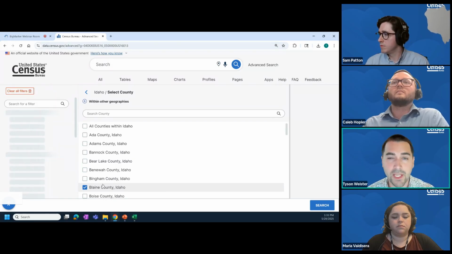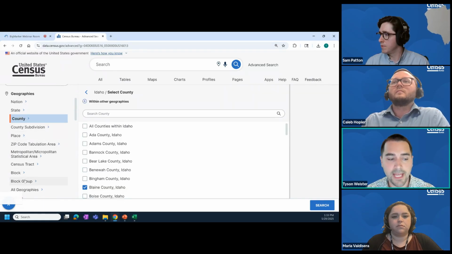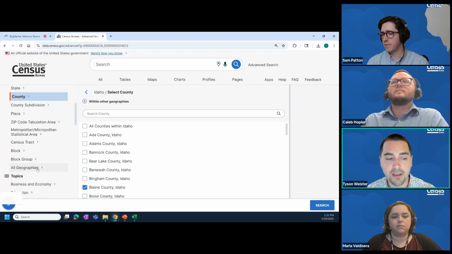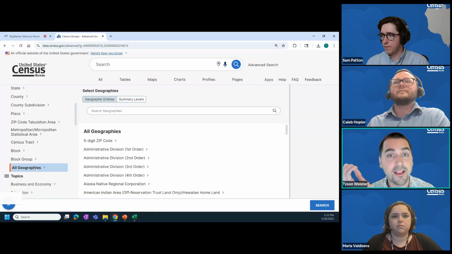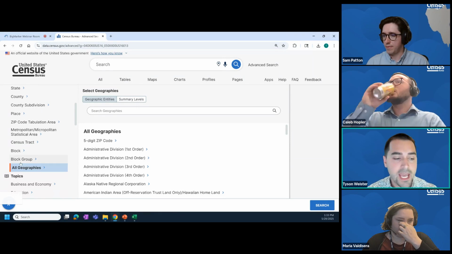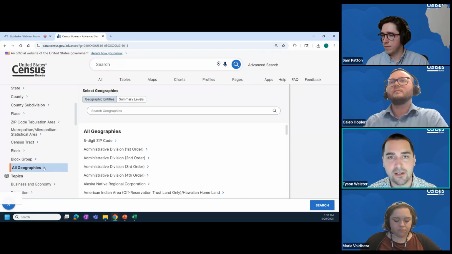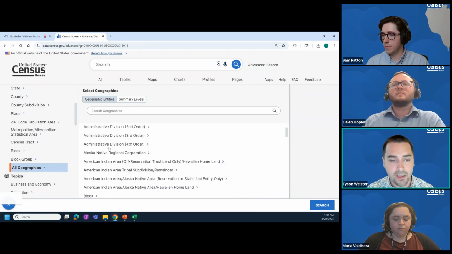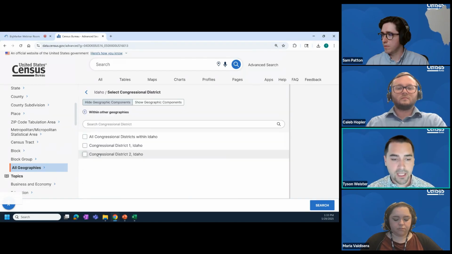And the last geography I wanted is for Congressional District 2. Notice it's not here on the left. It only has the most common geographies, but there is an option underneath for all geographies. So the Census Bureau has over 240 different levels of geography to choose from. Many of those are compatible with the ACS, and the less common ones and more detailed are housed in the all geography section. So here I'm going to choose, they are in alphabetical order, Congressional District, Idaho, and Congressional District